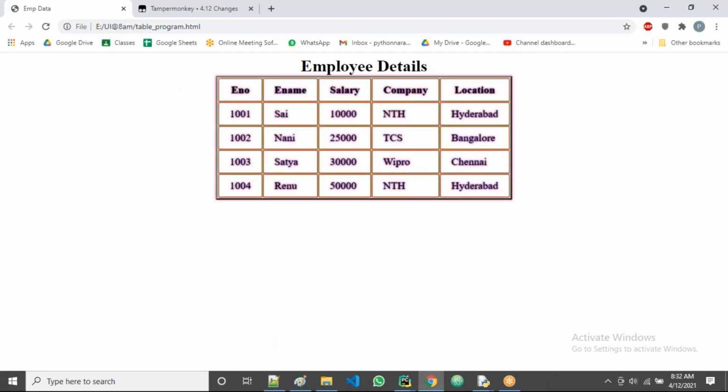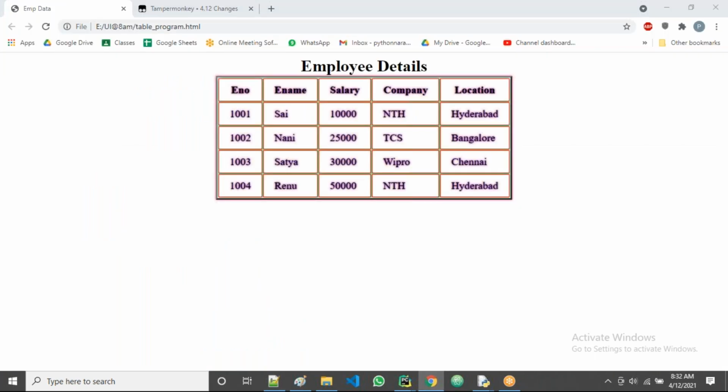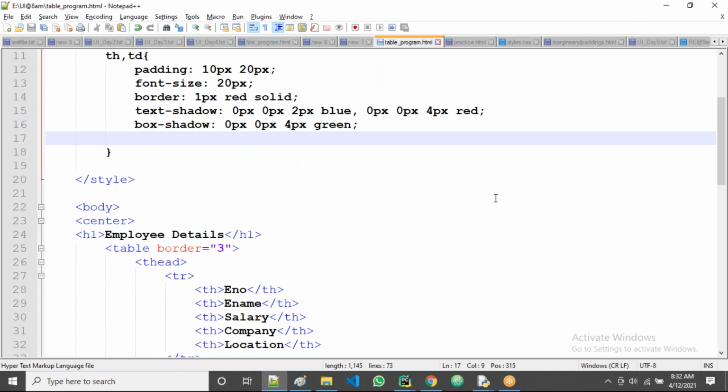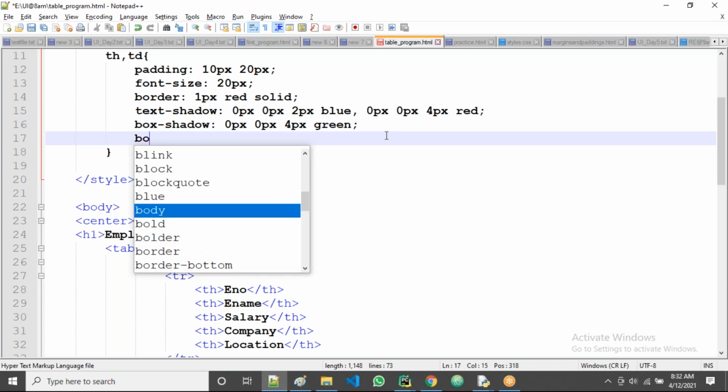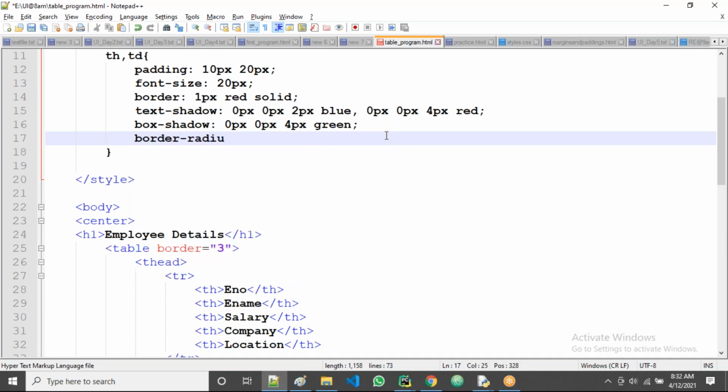Yes. So one more doubt is there, guys. The doubt is, can we apply border radius, guys? I'm trying for border radius, I think it's spelled R A D I U S, guys, right? Border radius, I think. Let's take 20%, guys. I'm taking 20% border radius. All of you check the spelling.